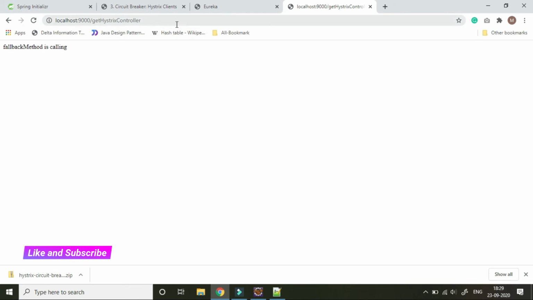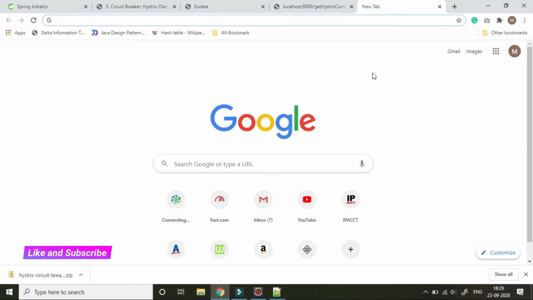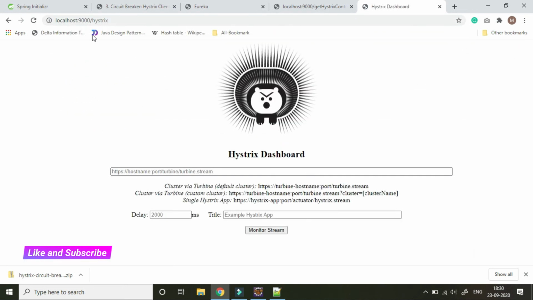Now if we want to monitor the activity, what's happening, meaning how many times it goes into the fallback method and how many times it returns the successful response, we have to use the Hystrix dashboard. As we already added the dashboard dependency, once the application is up, this dashboard will also be up.